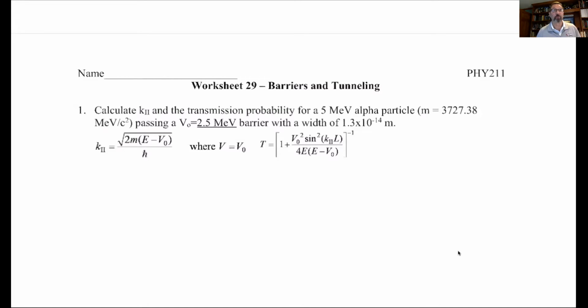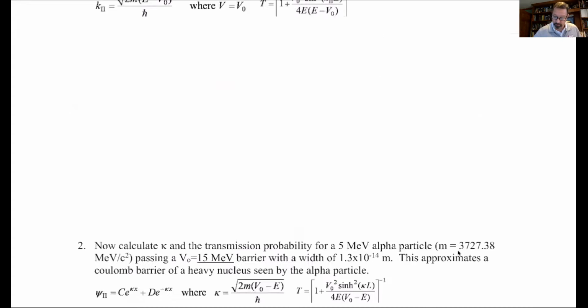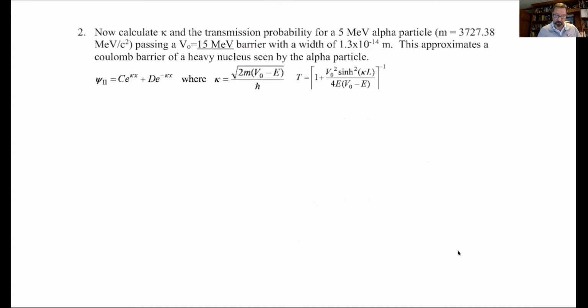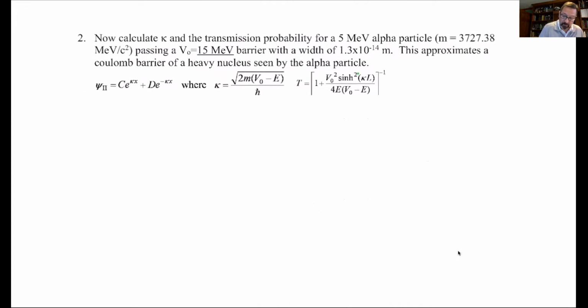Quantum mechanically, it'll be something less than 1, but still a pretty good probability of success that the particle is going to get by. All right, then the other half of you, unfortunately, you'll get what I think is the harder problem right here. Okay, now you've got a 5 MeV alpha particle, but your barrier is 15 MeV. And so you need to do the same thing, only you'll be doing the calculation to get